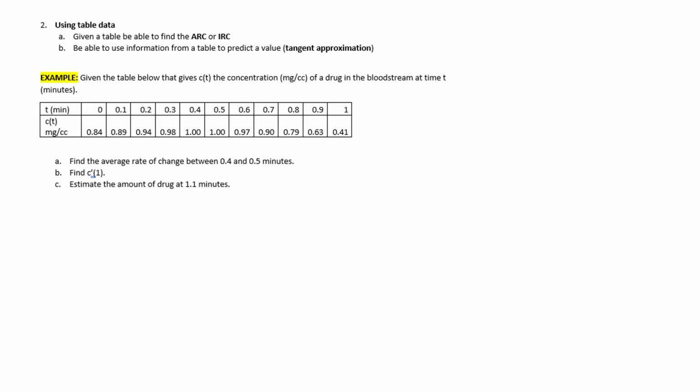All right, so next it says find the average rate of change between 0.4 and 0.5. Okay, so for part A, basically the only thing you can do to find the average rate of change, so it says average rate of change between these 2 points, that's finding a slope. So this is like your x, this is like your y. So you would